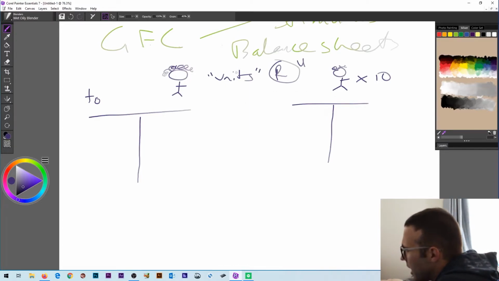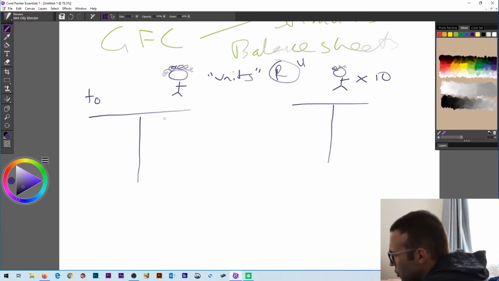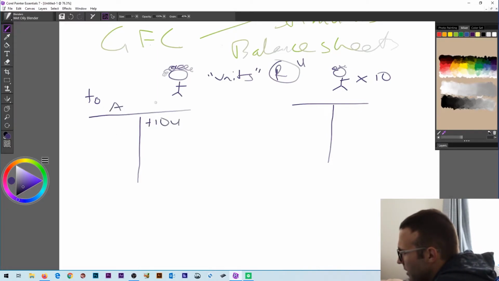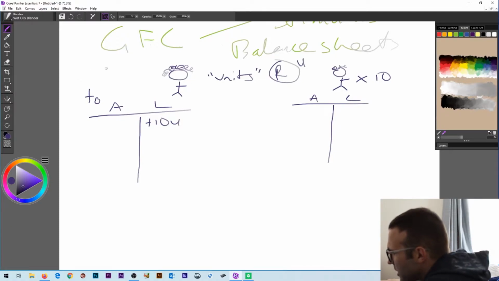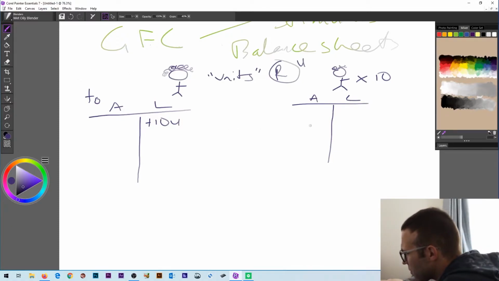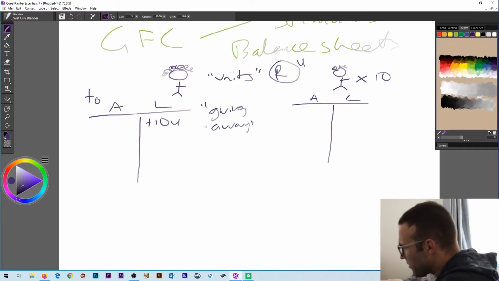Nothing's happening. Let's say you want to give away 10 of your units. What we do is we go plus 10U here. These are your assets, these are your liabilities, and these are their assets, and these are their liabilities. The thing is, your units are just on a hard disk. Computers exist in this world, and you just write it in Notepad, essentially. Plus 10U. It's a liability for you because this is something that you're giving away, sort of, quote unquote, giving away. That's why it's a liability for you.